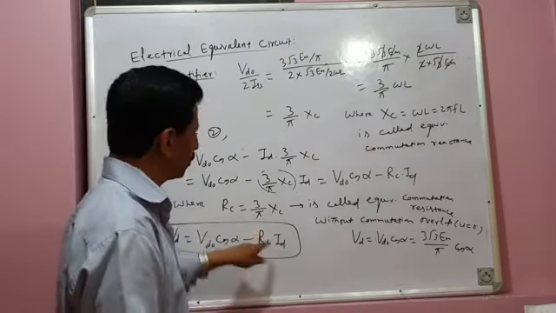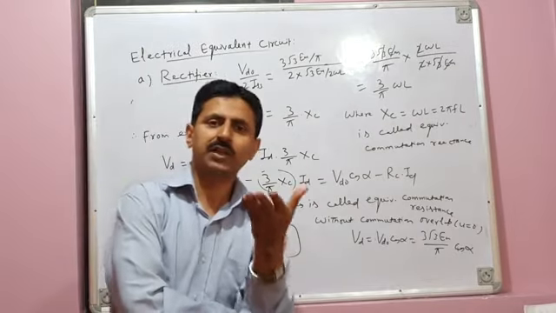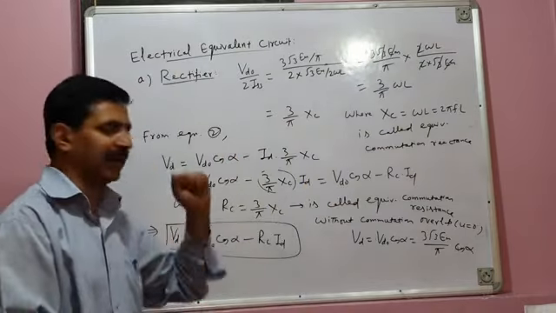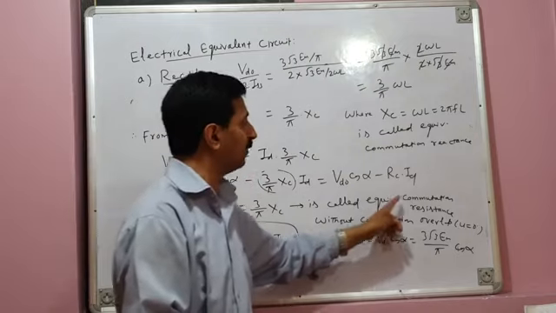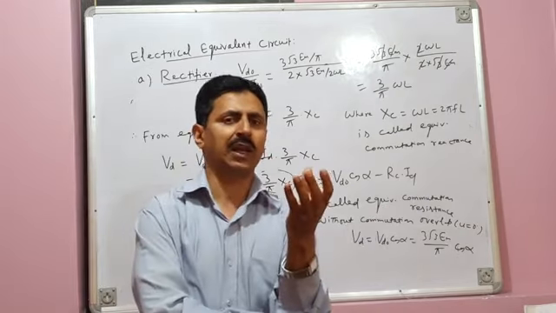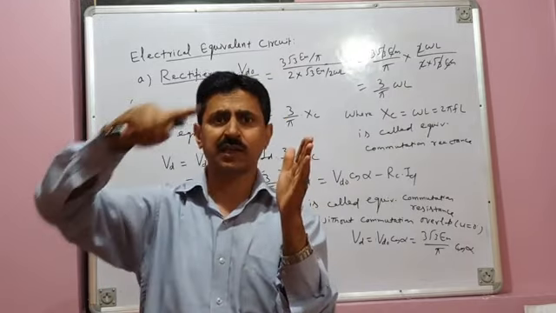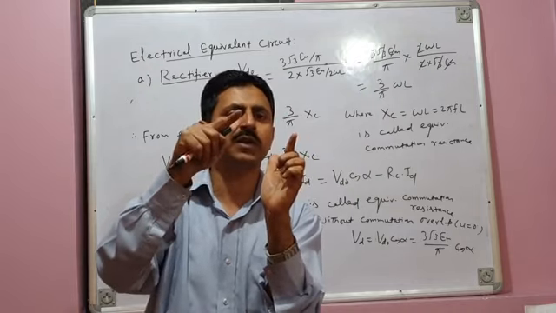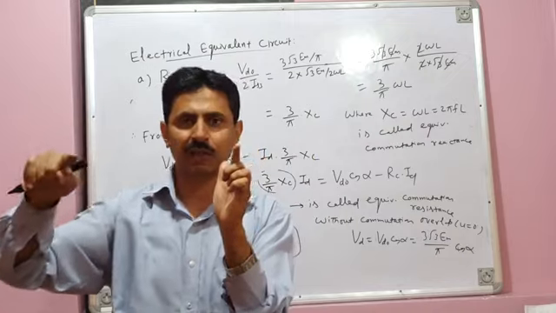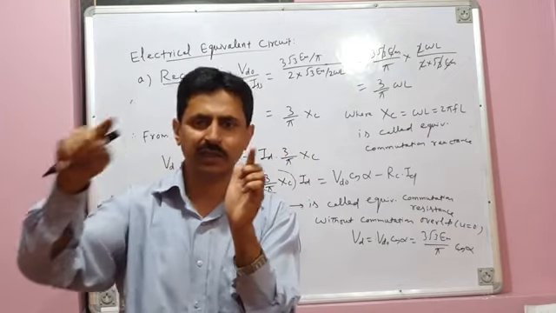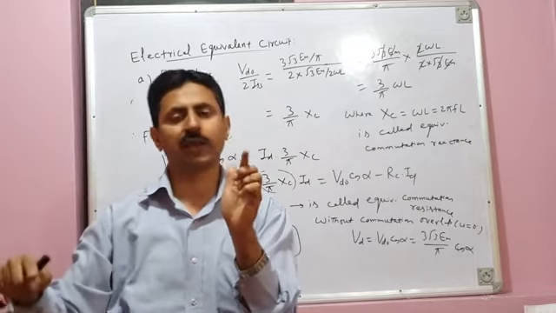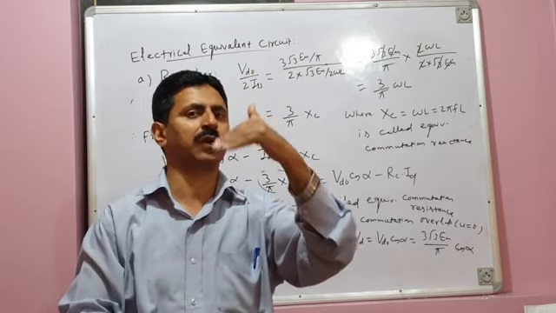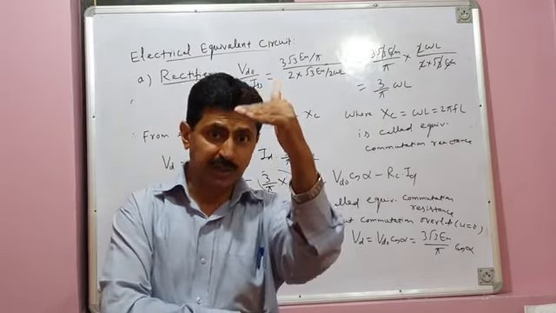And this Rc into Id is a resistive voltage drop. Actually, there is no resistance which drops the voltage. This is the equivalent commutation resistance. Because of commutation overlap, you already know your load voltage is not the segments of line voltage. For U, it is minus 1.5 or plus 1.5 times phase voltage, and then for 60 degrees minus U, it is line voltage. During U, your load voltage drops from line voltage to minus 1.5 or plus 1.5 times phase voltage. So there is a drop in the voltage.